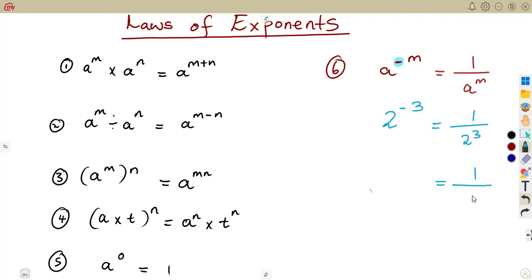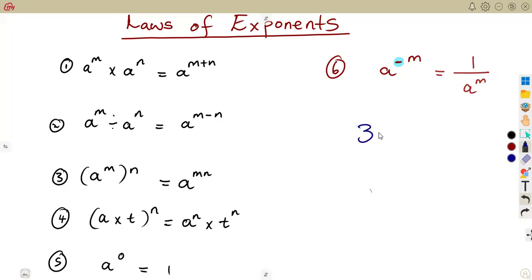So that's 1 over what? 1 over 8. Remember, 2 to the exponent of 3 is 2 times 2 times 2. You're multiplying 2 three times. That is the condition. So that will give you 1 over 8, or you can simply use your calculator to verify this. So you must be careful in your simplification when given a negative exponent,